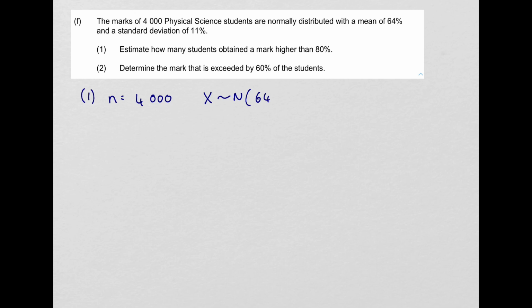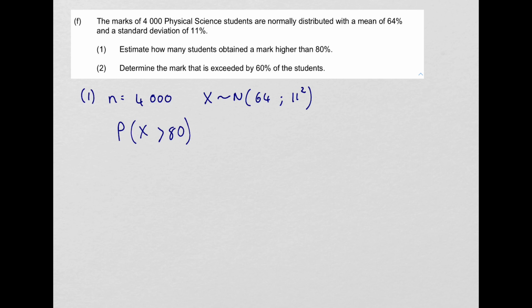Don't put any units in your distribution. You just leave the numbers as they are. And the standard deviation of 11%, so that means we're putting in the variance, which is 11 squared, into our normal distribution. Okay, so we're looking at the probability that a student scored greater than 80%